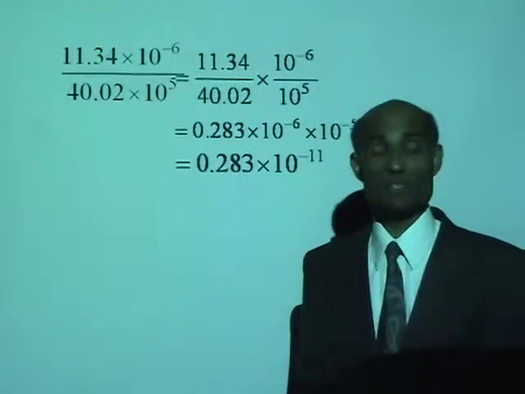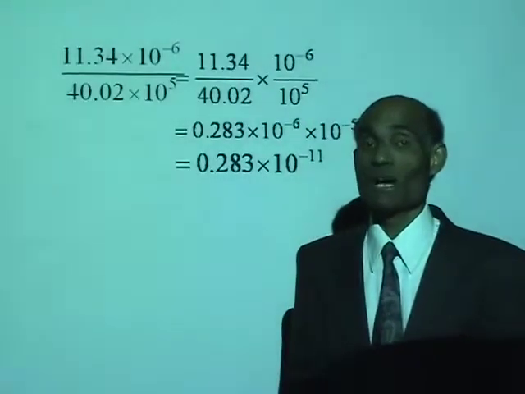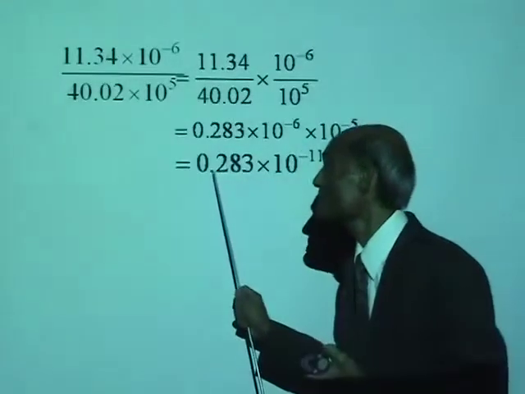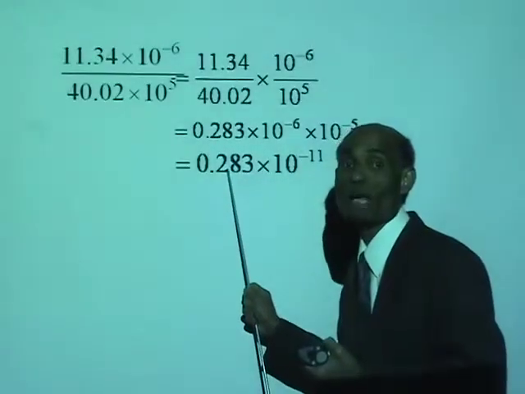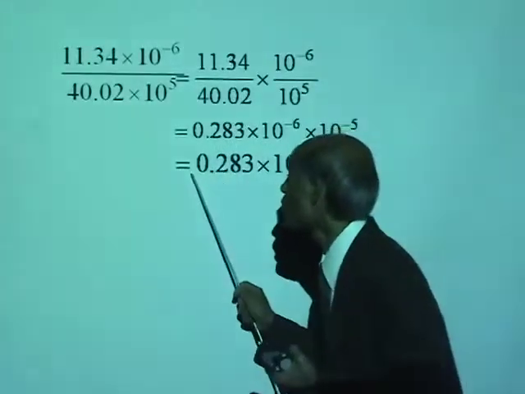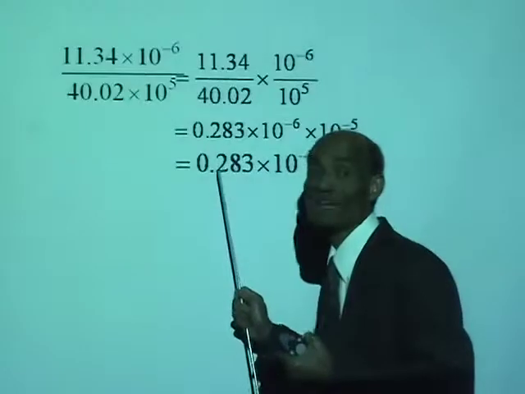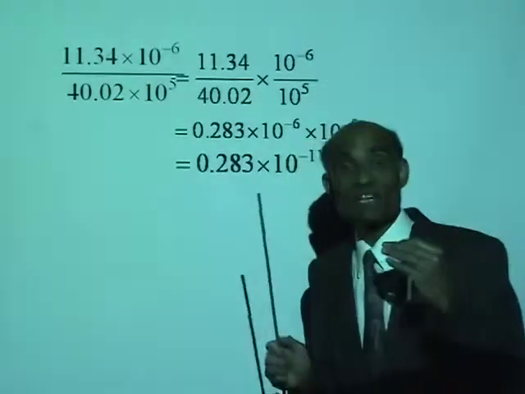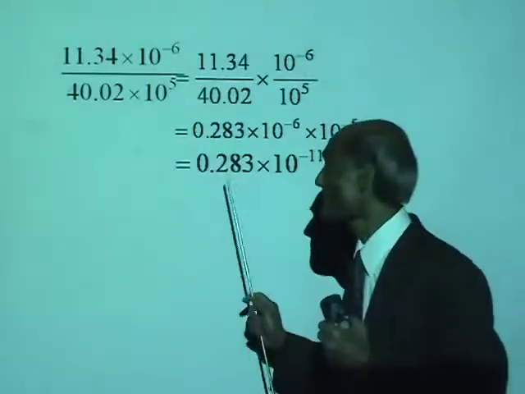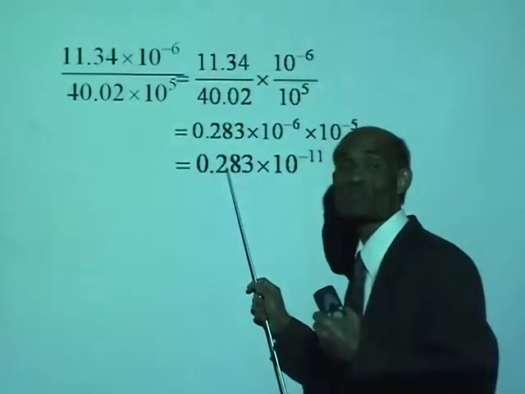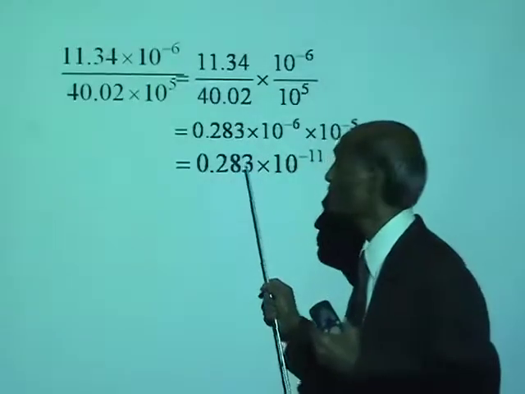Is that the answer? No. An answer in the scientific form must have the decimal sitting to the right of the first digit. So we need to work on this number. Alright, can you write 0.283 in scientific form? You got to move that decimal one place to the right. So this will become